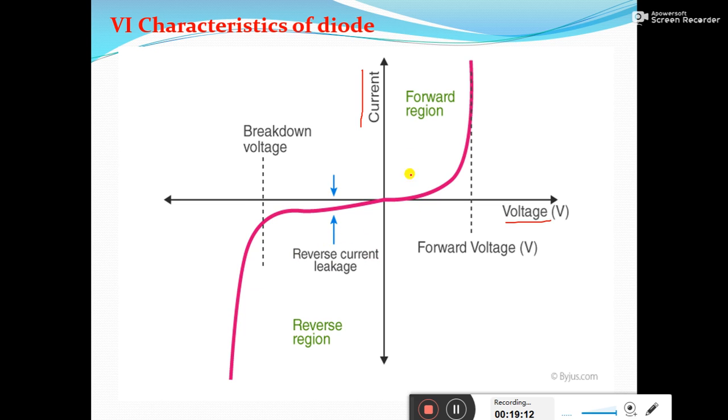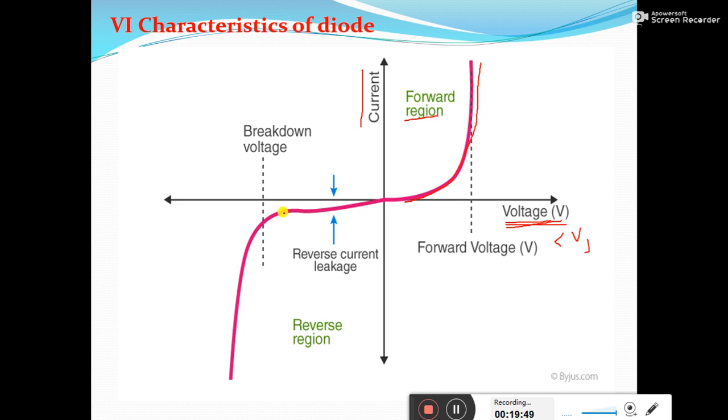So in the forward region of operation, as we apply the bias potential, as long as the bias potential is less than the barrier potential, that is Vj, which is nothing but 0.7 or 0.3, the current will be very small and a very small amount of forward current will flow. But once the applied voltage is increased beyond this Vj, you can see a sudden rise in the current, or an exponential rise in the current.